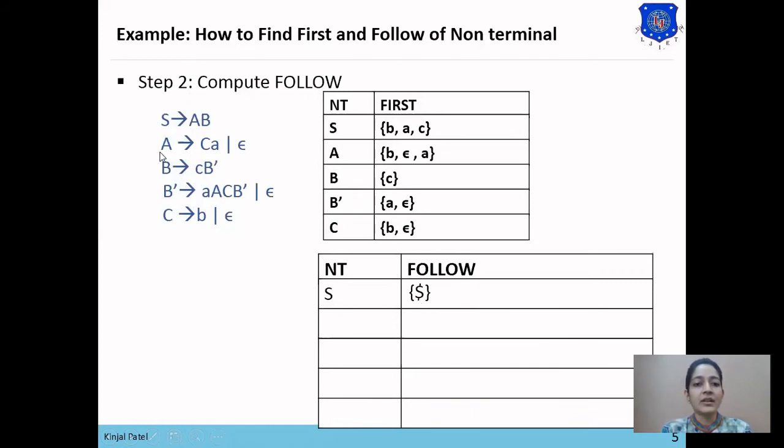Now next we want to find the follow of A. So here we will check for the symbol A at the right hand side of the grammar.